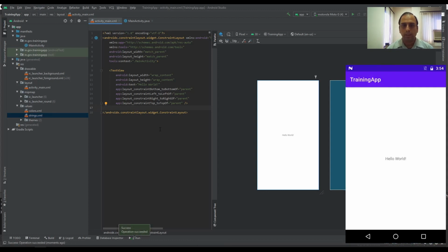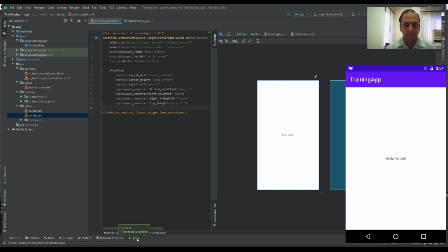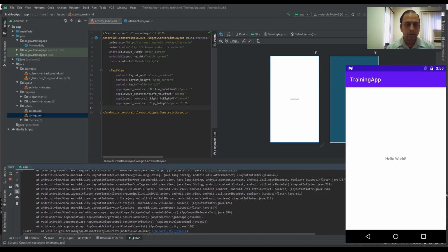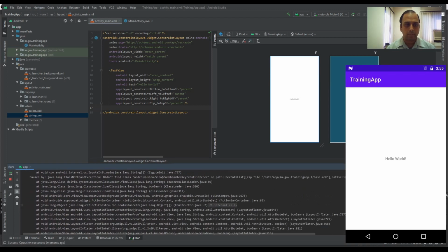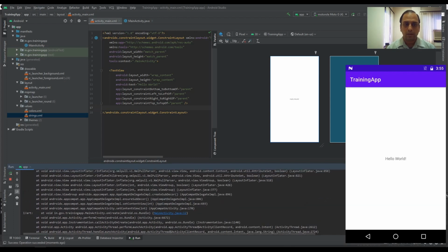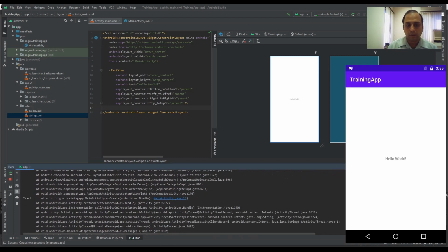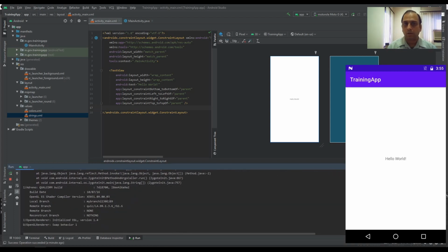So now the app has come on my device, and can you see a new option has been enabled, which is called run. It was not here earlier. So when you click on run, this is the log which has been created by this app. Everything which is in white is for information. Everything which is in red, or kind of maroon color, is an error. Everything which is in orange or yellow color is a warning.